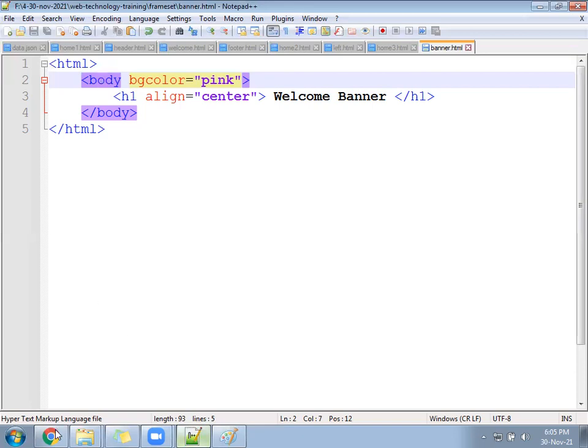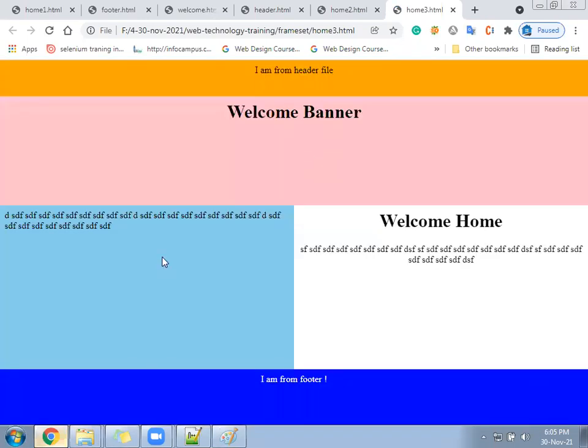Hope running. Check now. The banner is here. Left, right, and the page got divided into how many blocks? Total 2, 3, 4, and then 5 blocks. This is one advantage of frameset. Using that, you are dividing the page into multiple blocks. The major advantage is still pending, that we have not seen.